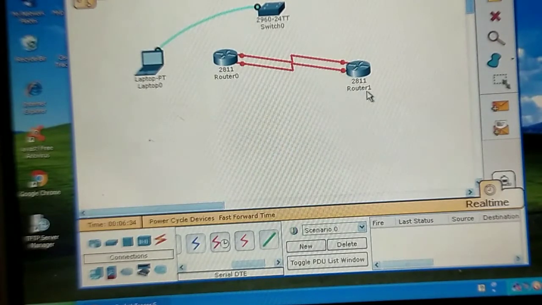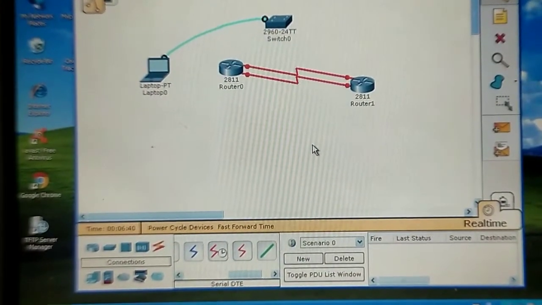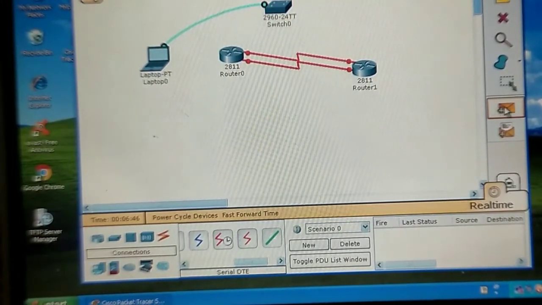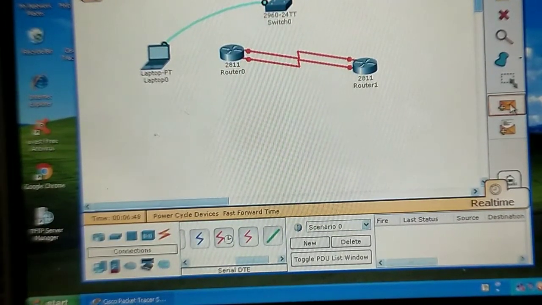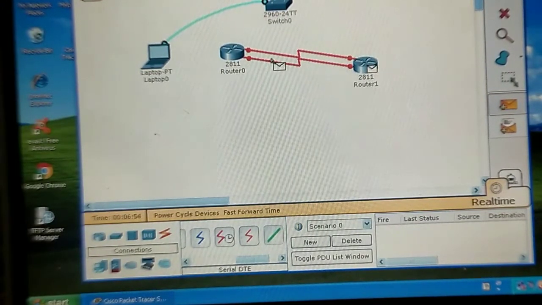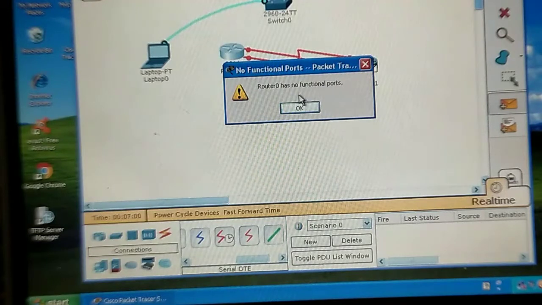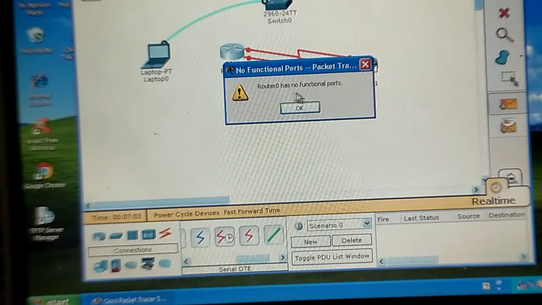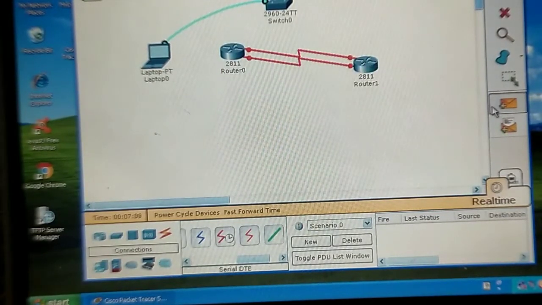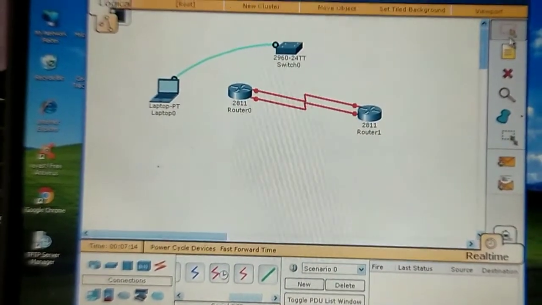So this is the brief introduction of how you can design a network on Packet Tracer. After designing the network, this envelope that you see over here is basically the ping test connection. You can place it on one router and then on the other router, from source to destination, and at present it is giving you a message that router 0 has no function port. The reason is very simple: you haven't provided any configuration on these routers, so they are at present without any configuration, and therefore the ping cannot be implemented.